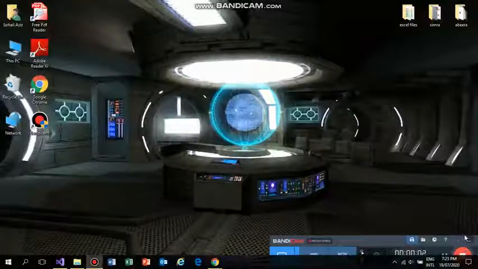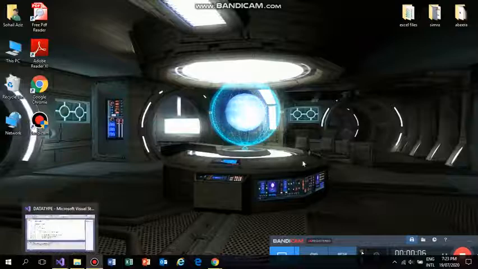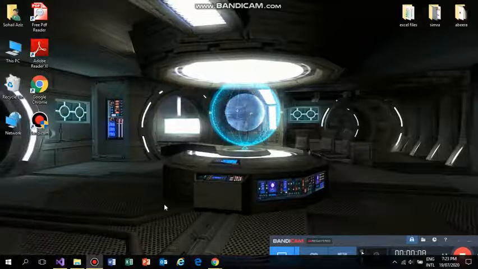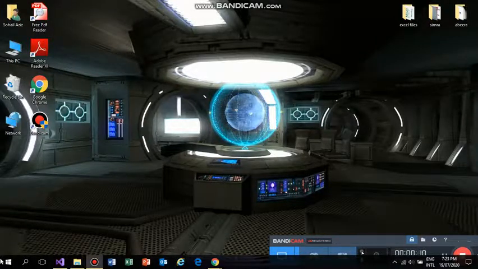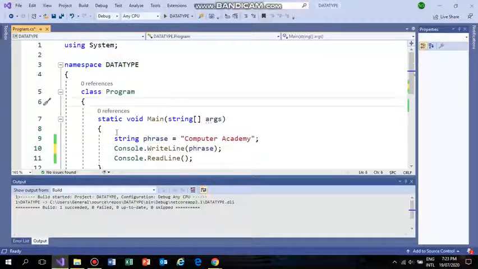Students, today we are going to declare and see what a data type is in C#. I have saved a file especially for you with the name of data types. Here is the name of the program, and I will define static void Main. These are the functions and methods. Our program's target is to know what a string phrase contains.